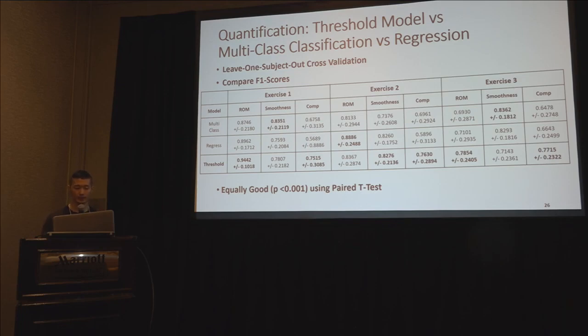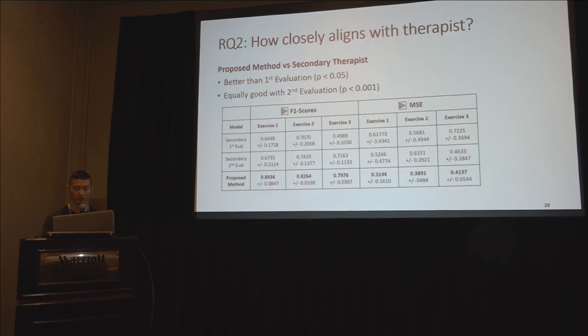And when we apply statistical significance testing with the paired t-test, we found that the threshold model can generate an equally good solution as the multi-class regression. The same trends can be observed on the MSE value. And for answering how close